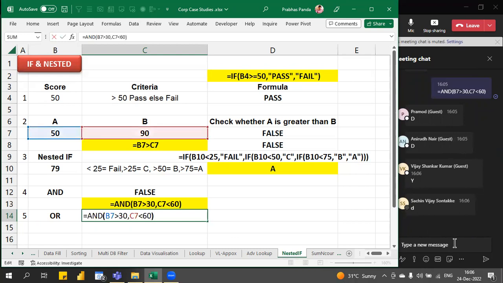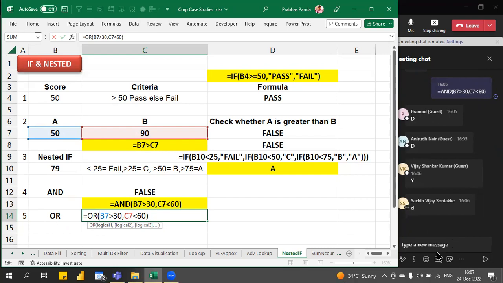So the same thing we are going to check now with the OR formula. Same logic, just type as it is, but the formula will now be OR. Now, what does the OR formula do exactly? Again, whenever more than one condition is to be checked with OR, the OR formula says, if any condition is satisfied, the OR formula will give the answer as true. For AND, all the conditions are to be satisfied, but for OR, if any condition is satisfied, the answer will